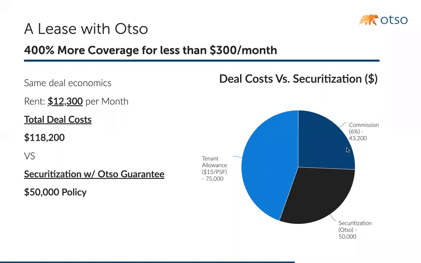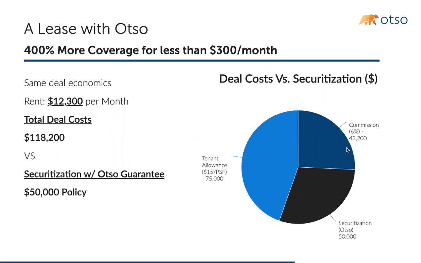So we tell the tenant, look, either write me a check for 50 grand or no check, and it's $300 a month. And I will tell you from our experience, about 85% of tenants that get approved choose our program. They would much rather keep the liquidity and share that risk with us going forward.